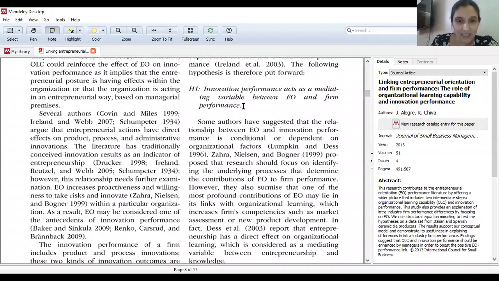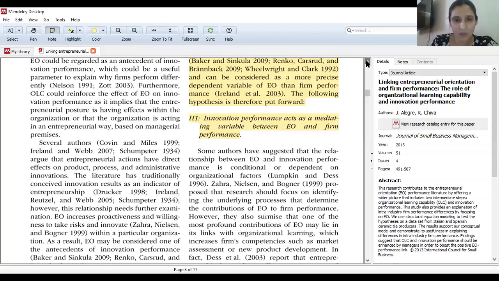I will click this text. I will highlight it as highlight text. It becomes yellow. I will remember in this whole paper, this is my hypothesis. I can press note, and it will give me an option.